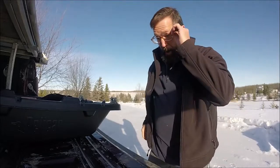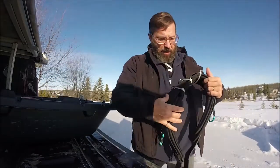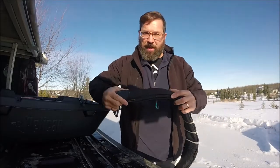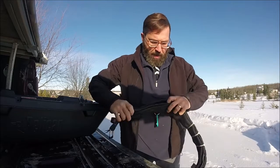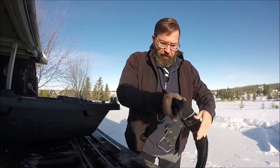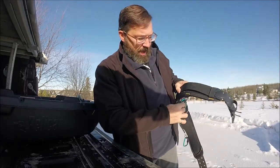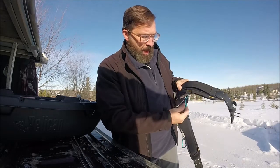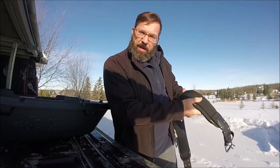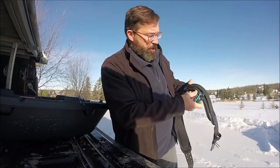All right, so I've been home a day or two now. So here's the problem that occurred with the belt while I was out there. I didn't realize this up front when I bought it, but I thought that the belt, once all Velcroed, was going to be integral and secure, and I was counting on these eyelets here to attach the pulk. It worked until I got stuck and something started jerking, and when it jerked, that's when I realized